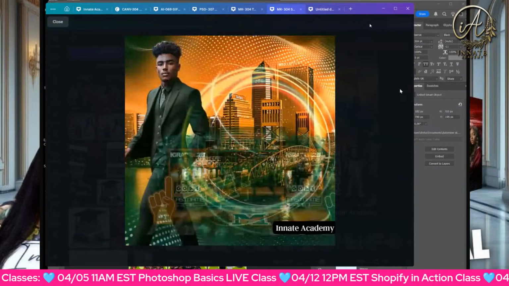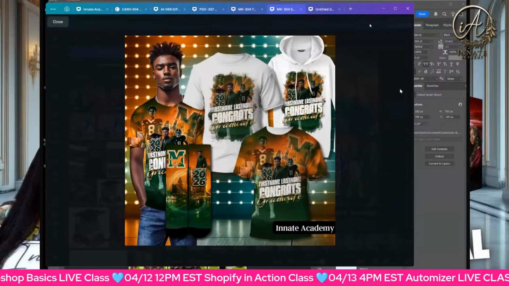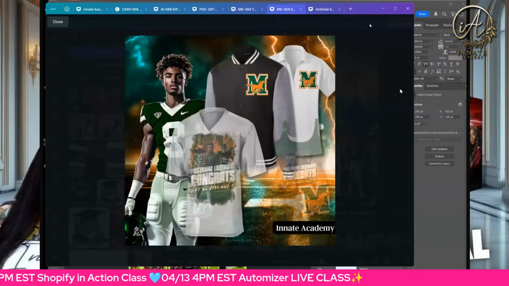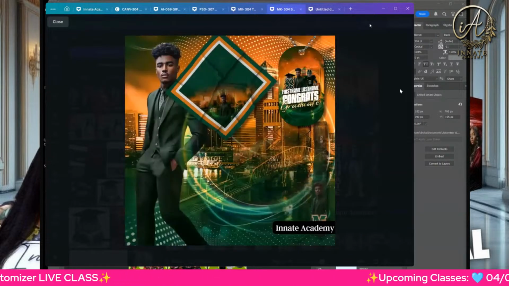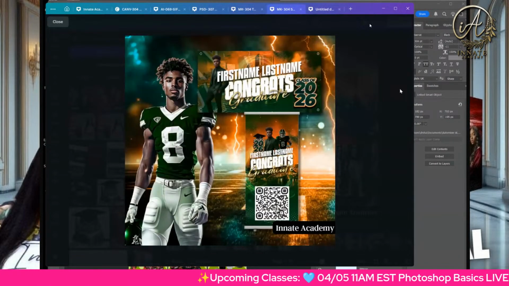Okay. Now, all of these products, every last one of these products here, with the exception of like our accordion walls and our cubes, came out of the Automizer. That means that they automatically populated all of the design and the mock-up and the printable files. Okay. And if you're curious to what the Automizer is, I'm going to show you a little bit of that